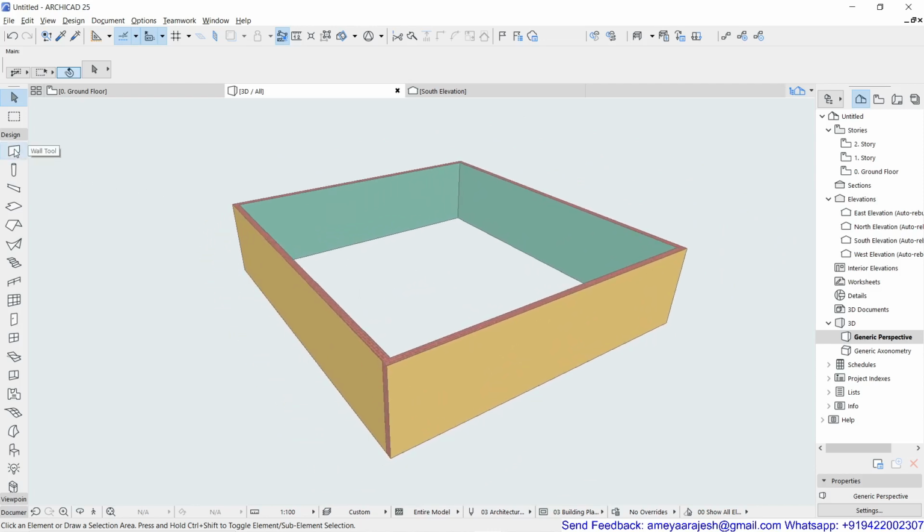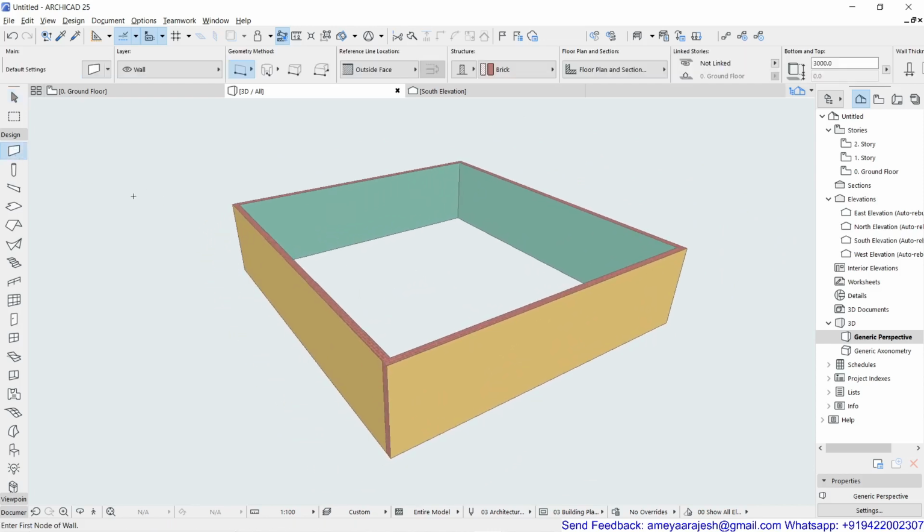Just go inside the wall tool and try to press Control A. Make sure in the default setting I have not selected anything. I am there inside the wall tool, and I'm going to directly say Control A because at present in my project there are only 4 walls which I am willing to edit.